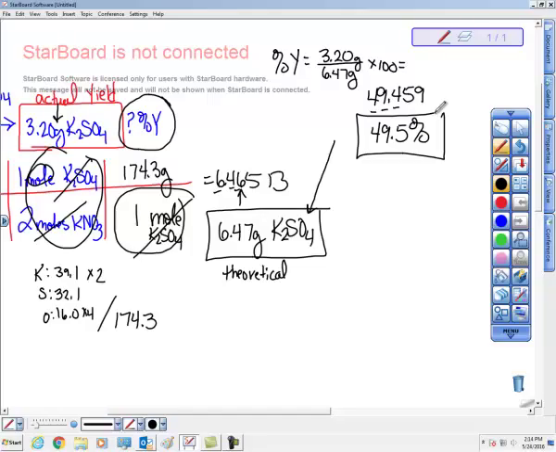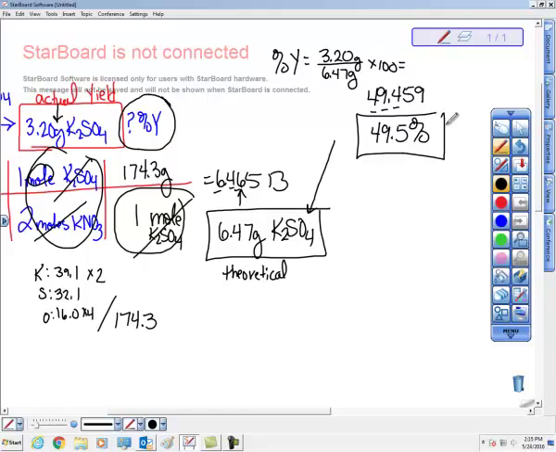Yeah, guys, so if you take 100 and you subtract 49.5, do you realize what that is? You'll get 50.5. You were off by 50.5%. Do you want to know what that is? That's your percent error. That's the difference between yield and percent error. It's the difference from the 100%. You were supposed to get 100%, but you didn't quite cut it. All right, anyway. Okay, moving on to